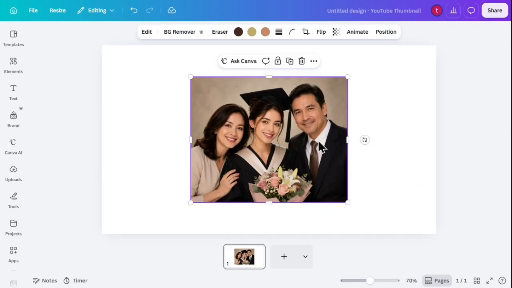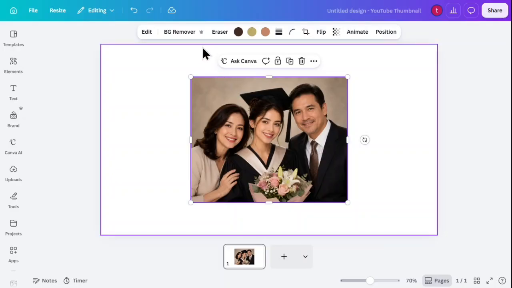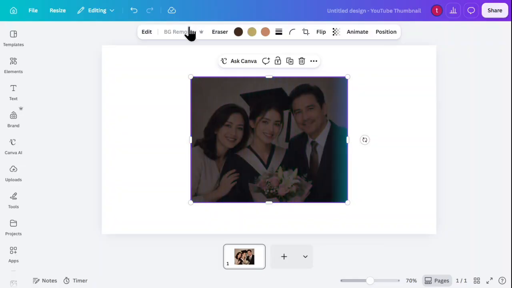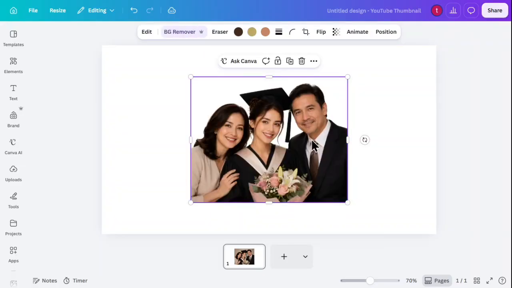With the photo selected, I direct my attention up to the top editing toolbar positioned just above the canvas. Here, I click on the BG Remover option. Canva's smart automated background removal tool begins processing the image right away, detecting the main subjects in the picture and erasing the surrounding background. Within just a few seconds, the entire background is removed cleanly, leaving a crisp cutout of